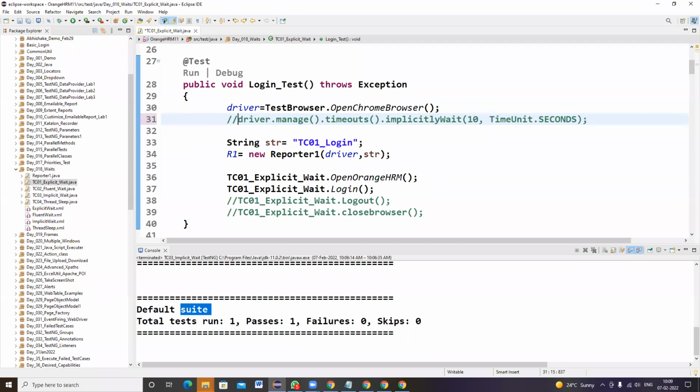Suppose the logout operation web element reference is loading in 15 seconds or 20 seconds. So what kind of exception will it throw? No such element exception, because I have waited up to 10 seconds and still that web element has not been displayed. Obviously, I don't know that web element reference, so it will throw no such element exception.